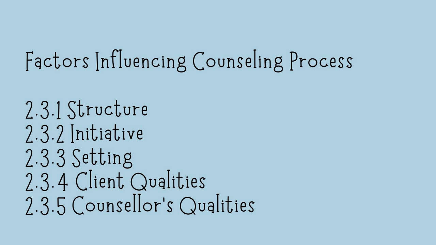Now, what could be the components of this structure? One is time limits for the session. Second, action limits to prevent destructive behavior. Third, role and procedural limits. Now, as an example, a counselor explains the structure at the start of the counseling, specifying that the session will last 1 hour and will occur weekly, and outlines the confidentiality policy. This helps the client understand the boundaries and expectations, making them feel secure and focused.